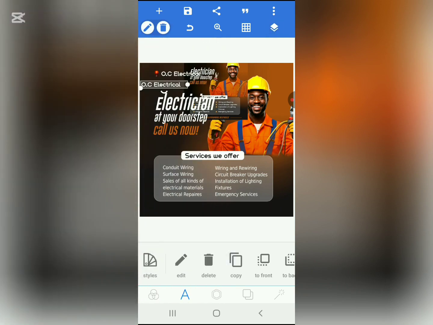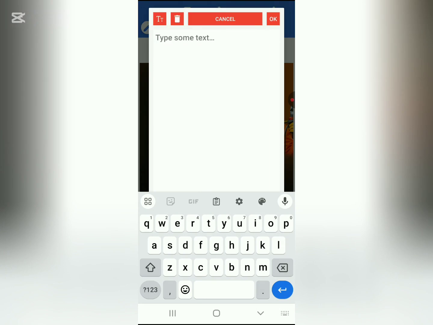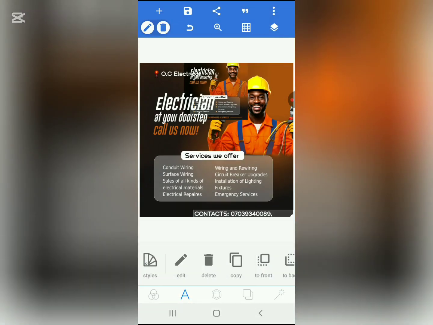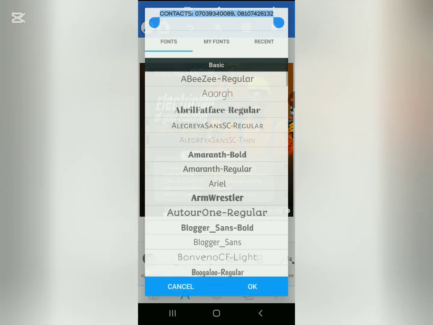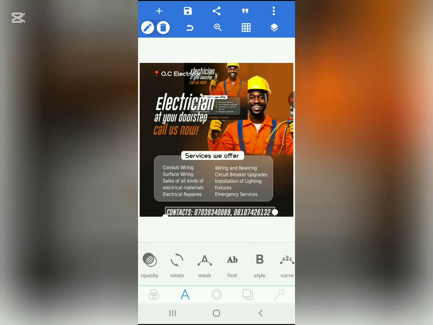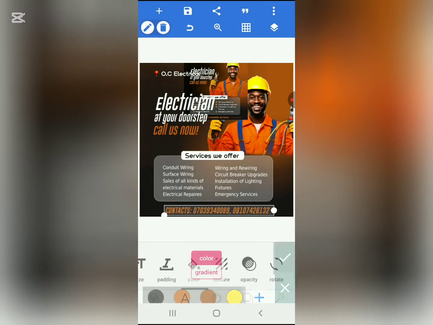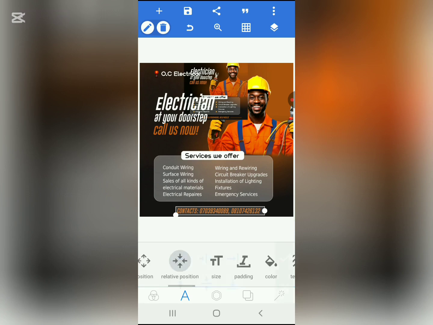Okay, let me make a copy of this, and I'll write the phone number of the client. Very important. That's the most important part of your design, the contact details. So if you design a beautiful flyer, and then the font I used recently is this one, go bold italic. So the color is this. All right, you can reduce the size a little bit, so use relative position,